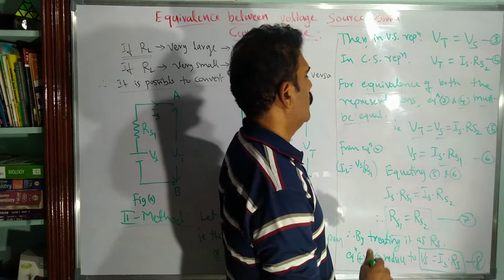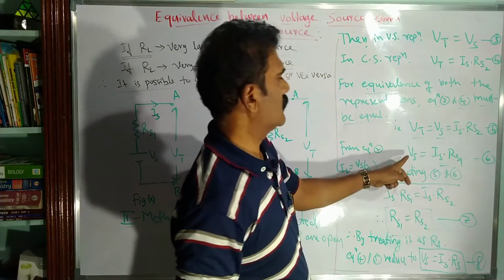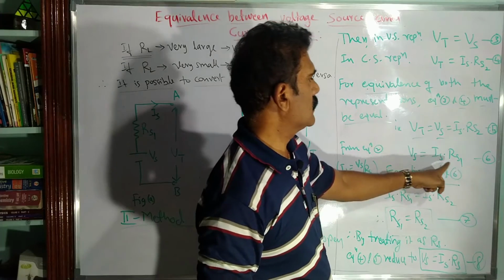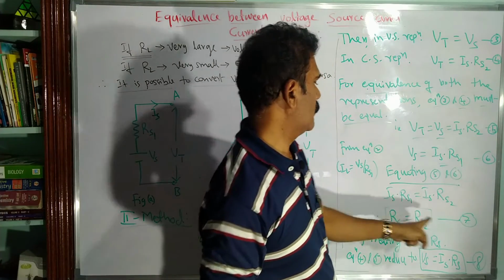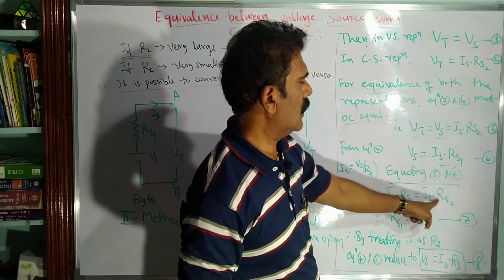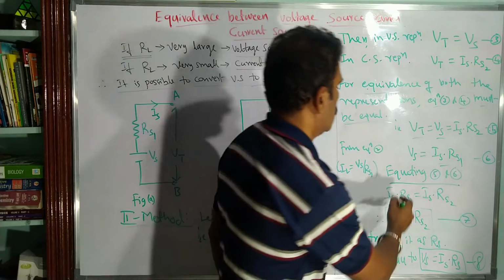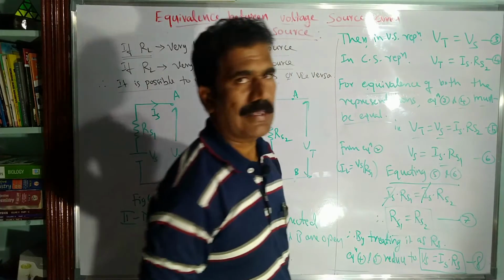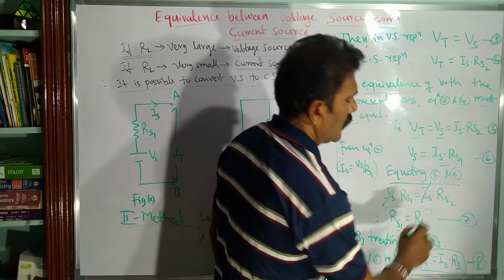Now just make the equating between 5 and 6 here, because we have the equation for Vs as Is into Rs1. Here Vs is equal to Is into Rs2. So therefore we can write it as Is into Rs1 is equal to Is into Rs2. In both the equations, the current is common. Okay, source current is common. We can just cancel it like this, correct? So we are left with Rs1 is equal to Rs2.